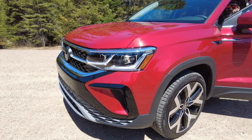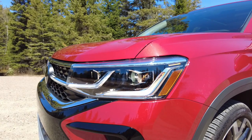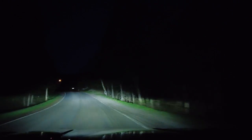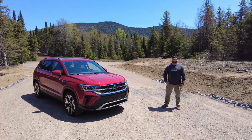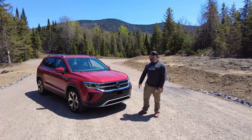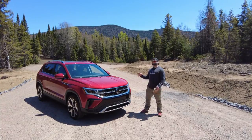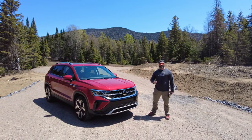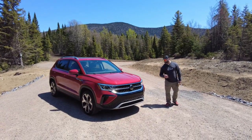It has an adaptive front light system, which they call IQ light, which means it's going to move with your turns. It's also going to go up and down with the hills, which is pretty cool. It's got a light bar in the front. All the lights are LEDs, including the rear lights. Usually you see these kinds of light bars in electric vehicles, but they decided to add it to the internal combustion or gas engine, as you would like. I like that they're incorporating it, because some of the stuff that came up with EVs was to get people's attention or had an efficiency purpose, which is what brings us all the way around here to